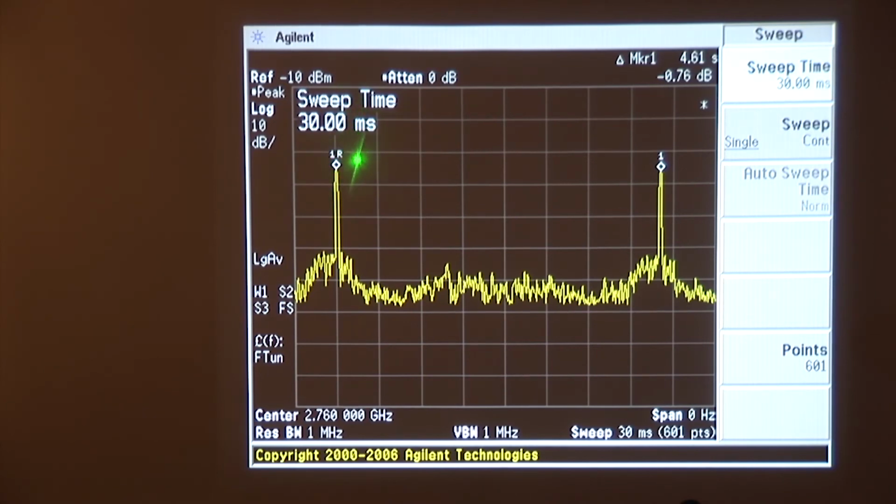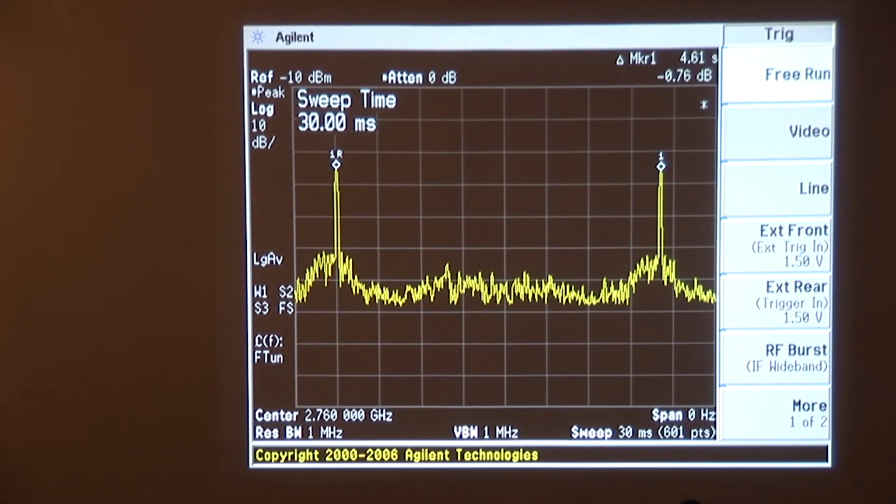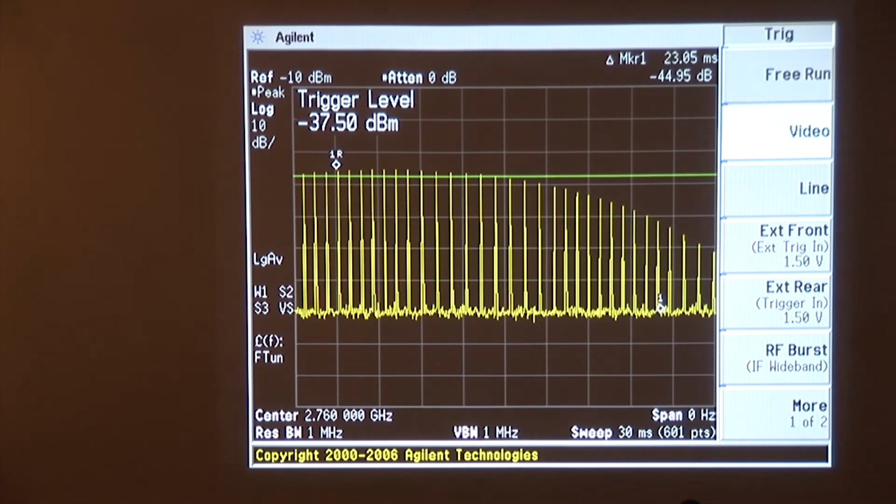So we're going to set a trigger threshold in here that's at about minus 35. So we go to trigger, video, and here we have a trigger threshold that's set not too bad, but we'll bring it up just a little bit. And now we'll go to single sweep mode. Now, we saw just the end of the pattern as it came around. We want to see the beginning, so we're going to go to